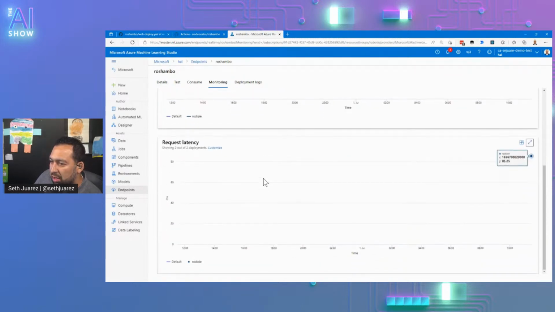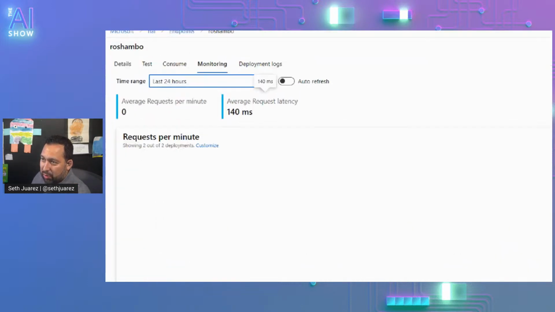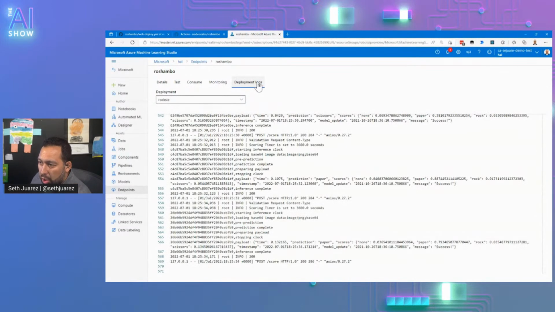Looks like there's not very much information. This is 140 milliseconds request latency. It's not bad. But yeah, I'll see it here. So whenever you call roshambo.ai predict, that's what's happening.